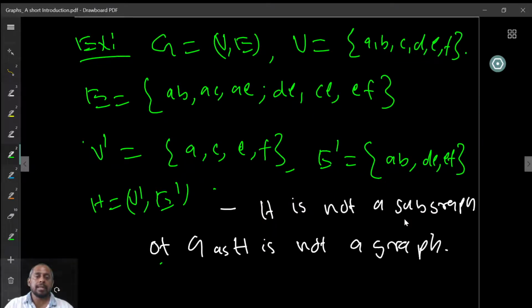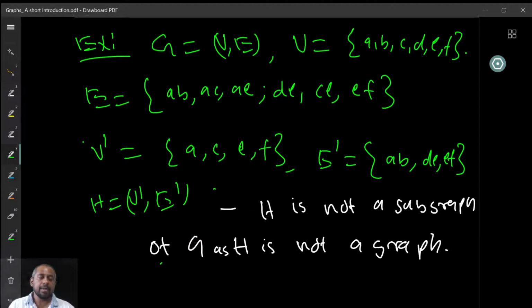Now let us look at another example. Let G = (V, E), and V is the set {A, B, C, D, E, F}. Now E is the set {AB, AC, AE, DE, CE, and EF}. Right. Now given this